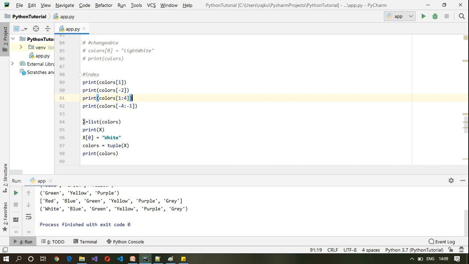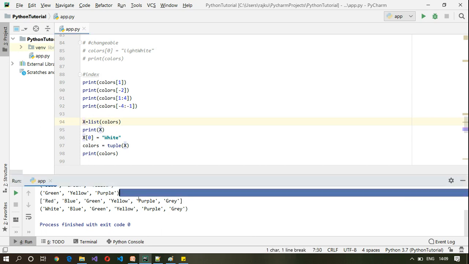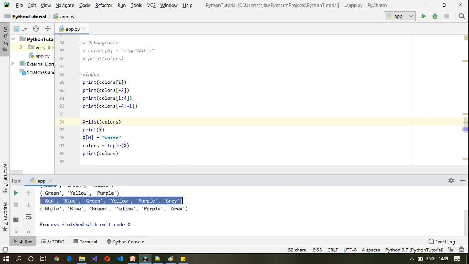Now what happens here is I'm converting colors into a list first, and that will be stored under this variable x. So when I print x, I will get a list here. This is the list converted from a tuple, and then I change the value at the 0th index. Earlier it was red and I want to make it white.